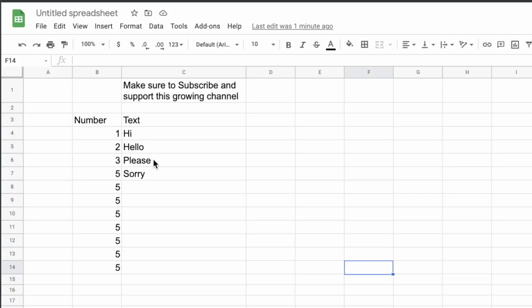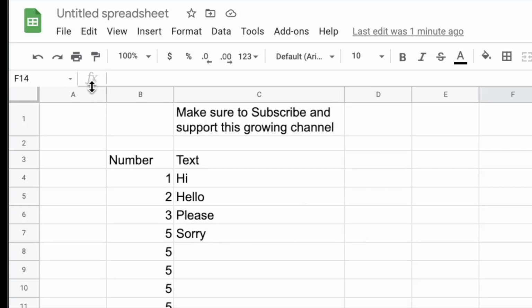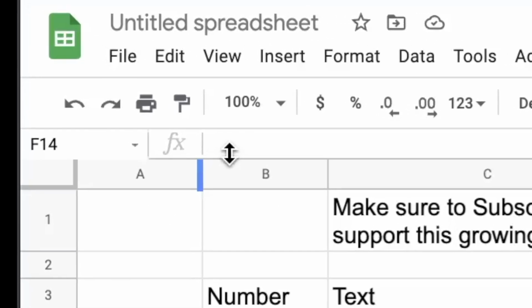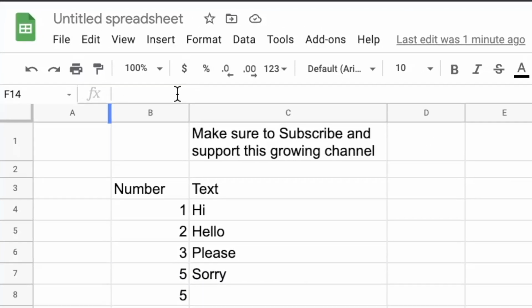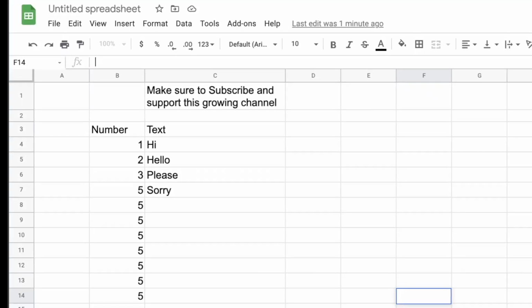Now, the formula bar is very useful in every spreadsheet program, and so right here is the formula bar where you have this fx. This bar right here is the formula bar. The formula bar shows the data in the spreadsheet as well as the formulas that apply to a particular cell. Let's say here we have number, and if you look at the formula bar, you're having number here, but if we say